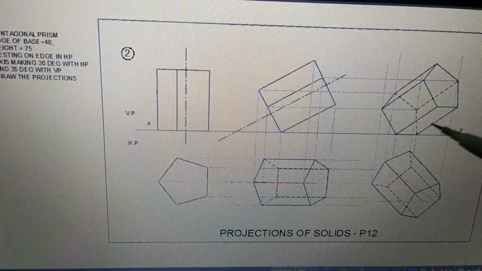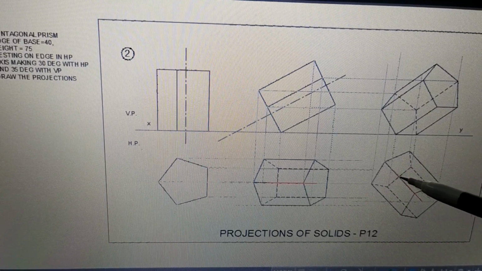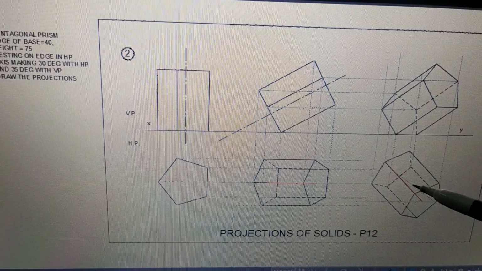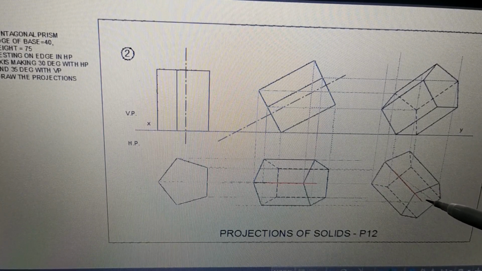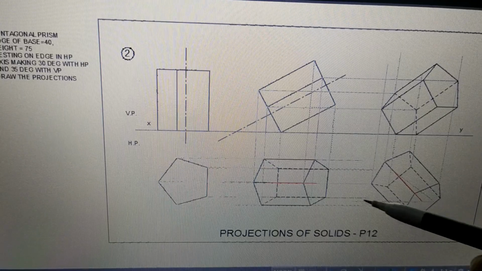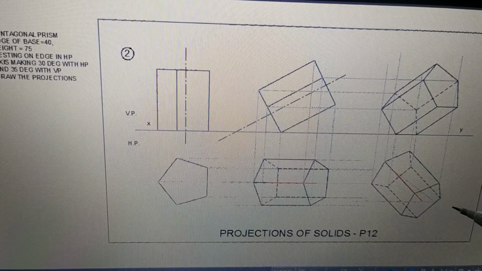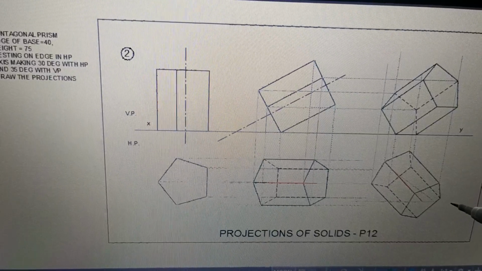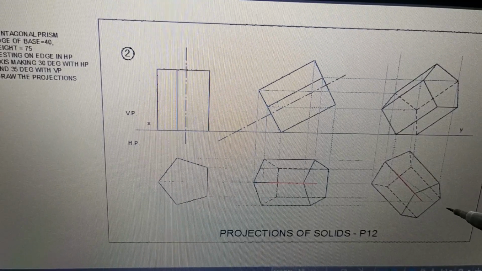So what we have to do is, first from this point we draw a line like this. This line is drawn as true length, a 75 mm line, and this line is making an angle of 35 degrees. So you show this angle at 35 degrees. Now once you show this line at 35 degrees, you draw this horizontal line. This horizontal line is called a locus. So when you draw this line, you have to name it as locus. Remember, some of the things are not shown here, but when you are going to draw, these things should be shown by you in your drawing.